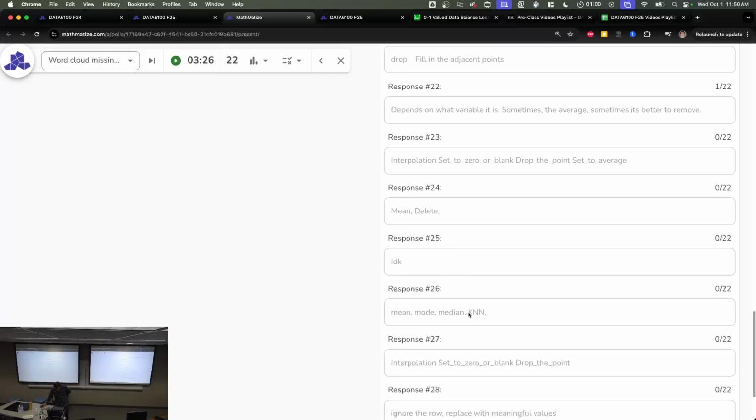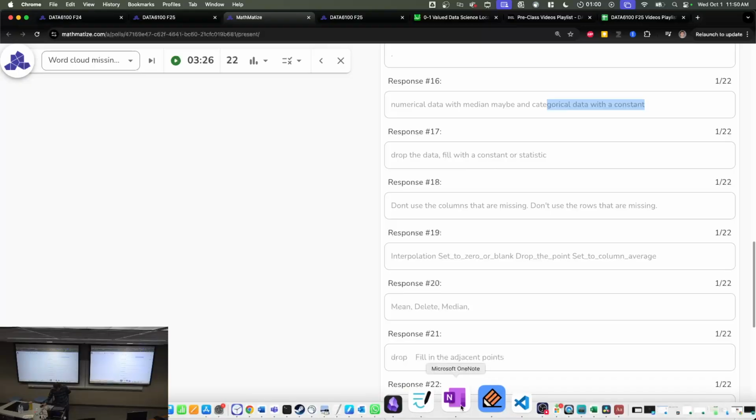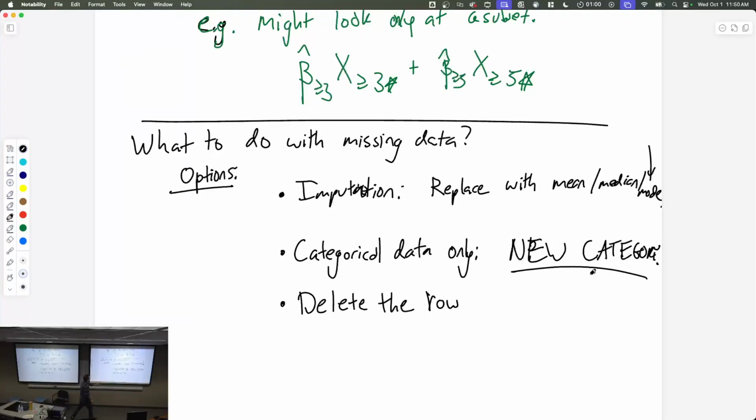Okay, some people are saying nearest neighbors, or when they said replace with mean, median, or mode, instead of replacing it with the mean, the median, or the mode, you can replace it with something that depends on the rest of the data. In other words, if you have a house where one particular value is missing, you could find similar houses, and instead of doing the mean, the median, or the mode from the entire population of houses, you could look at houses that are similar to the one we're talking about. So you could replace with the mean, the median, or the mode, or you could replace with handcrafted things from similar houses, something from other